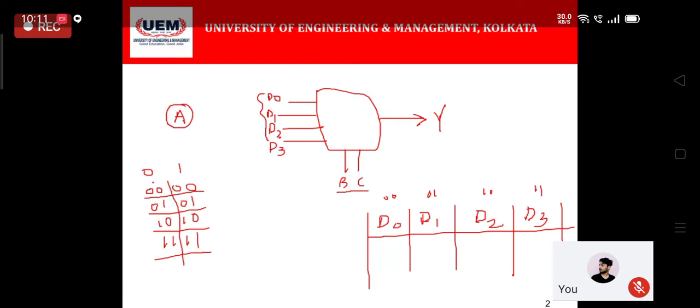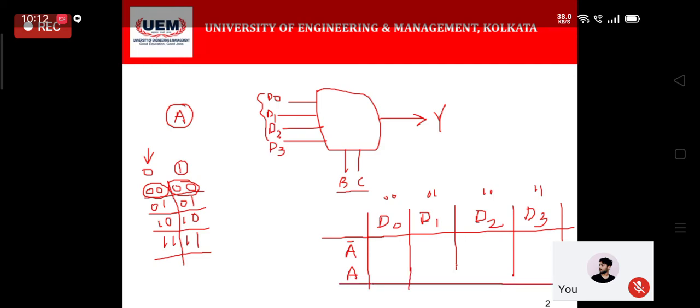1. Now obviously you can see when BC is 0 0, A can have two different values, either 0 or 1. To represent that, I will write down two different values of A as A bar and A, because for both cases A can be either 0 or 1. I believe you can recall the truth table that I drew in the last case, right? In that case, for representation of A as 0, I write it as A bar, and for representation of 1, I write it as A.